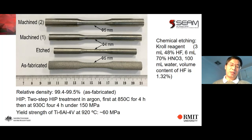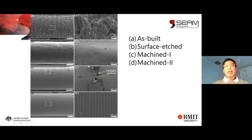As you can imagine, this is a very costly research, very costly project. It took a long time, and these are the 4 different types of surface finishes. You have seen this earlier. That's the second one after chemical etching. That's after normal machining, because the depth of the surface layer that was removed by the normal machining was